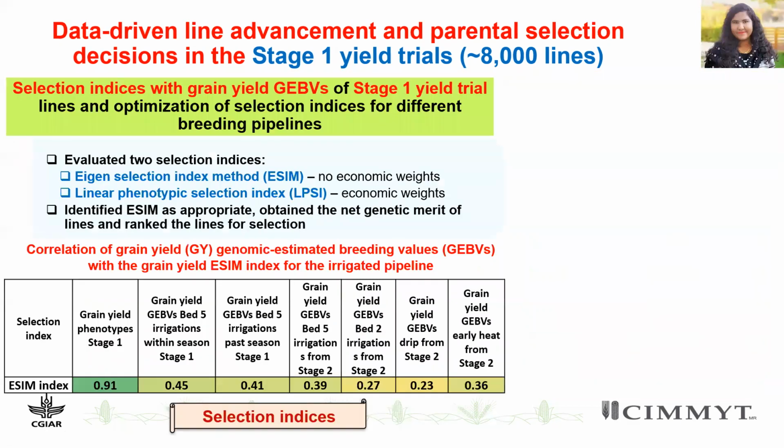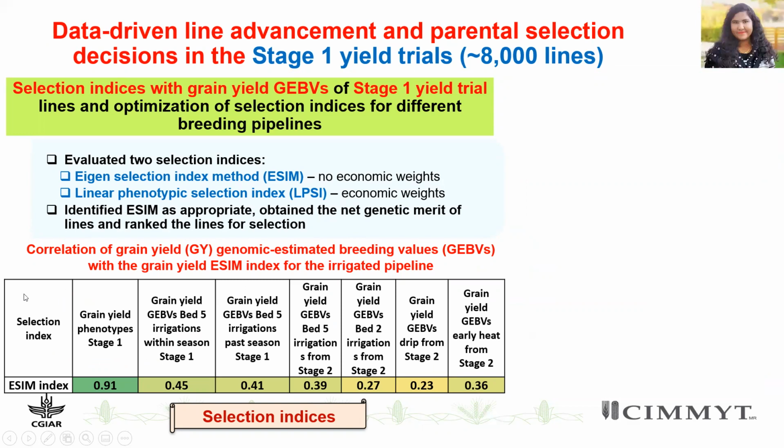And moving on, all these GBVs have to be used in a selection index, and that's how the breeders can use them in selections. We've evaluated different selection indices, and we have the Eigen selection index method, which does not use any economic weights, and then the classic linear phenotypic selection index, or CIMMYT index, where we have to specify economic weights. For different use cases, we've identified different selection indices to be appropriate. For selecting for the irrigated pipeline for the grain yield ESIM, we identified the ESIM index